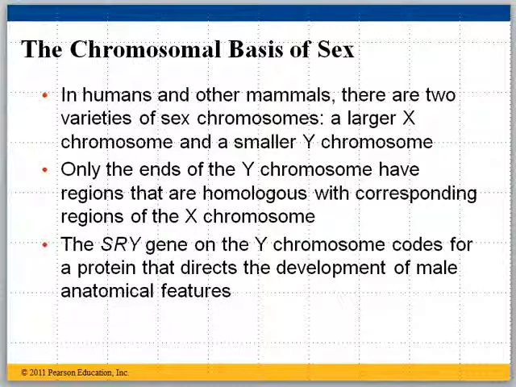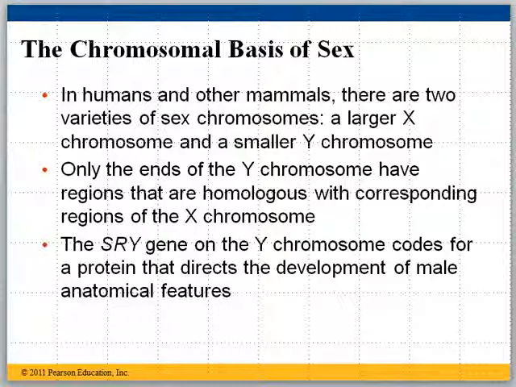In males, of course, you have the possibility of an X and Y. So these homologous portions align during the meiosis process, and the sperm could potentially have an X or potentially could have a Y. And of course, that means in mammals, it's the male sperm cell that determines the future sex